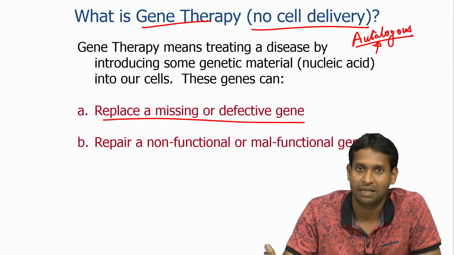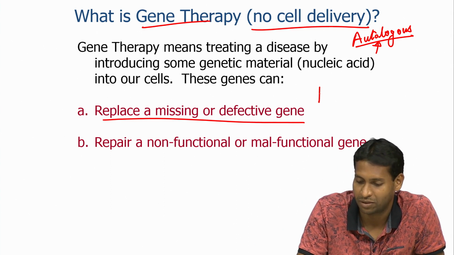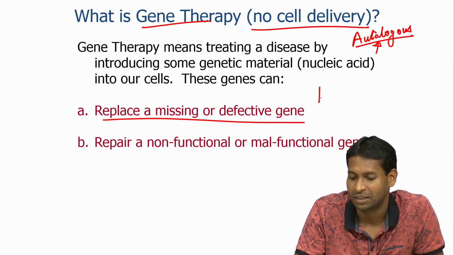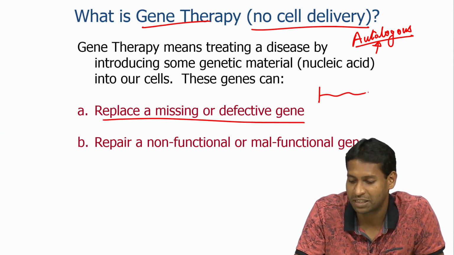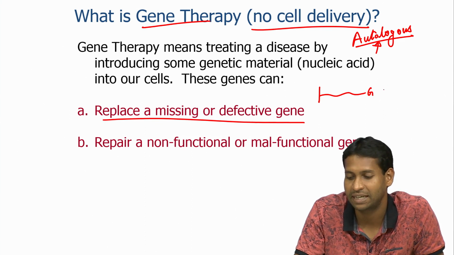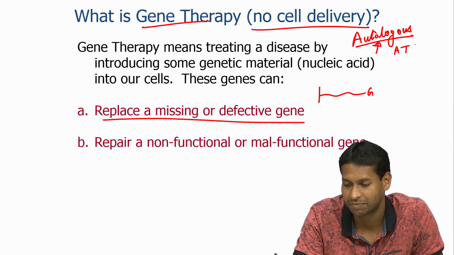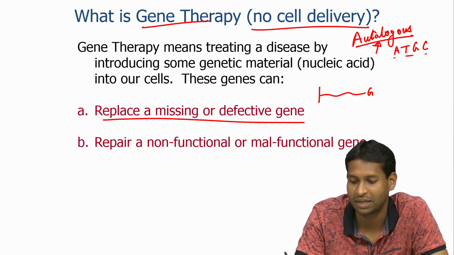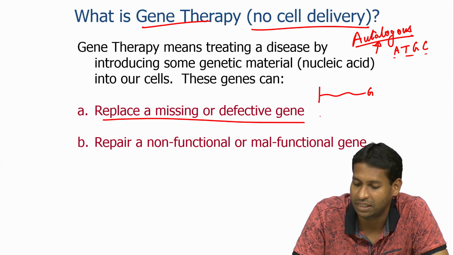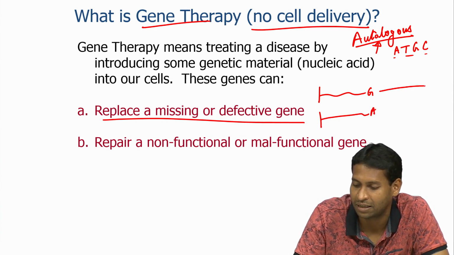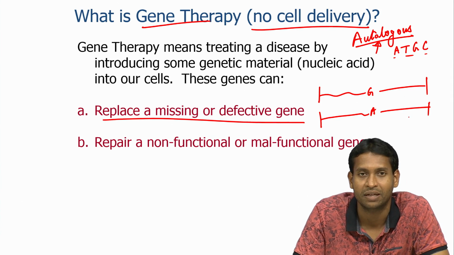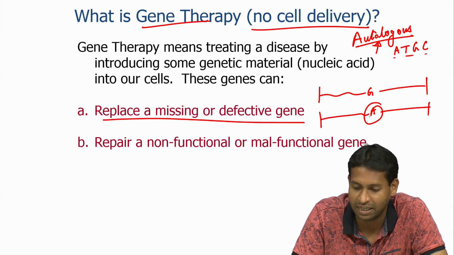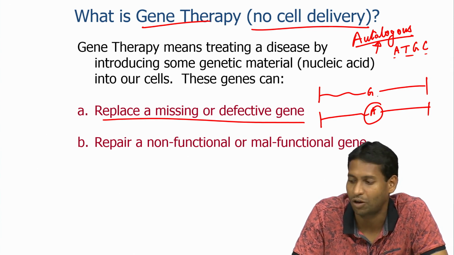So maybe its genes are big. So genes can be anywhere in kilobases long. What if there is only a point mutation? Maybe there is one sequence, maybe let us say A has changed to G, ATGC is the genetic code, right, nucleotides. So it is essentially composed of one or the other nucleotides throughout its genome. So let us say a G has changed to A and everything else is the same in that gene. So why do we change everything? Why can't we just repair this A back to G, and that way we will have a normal functioning